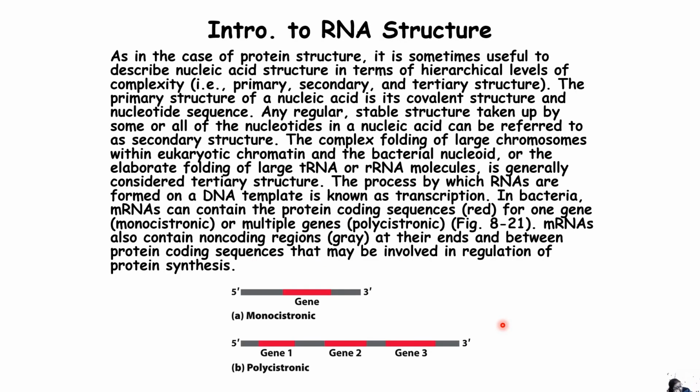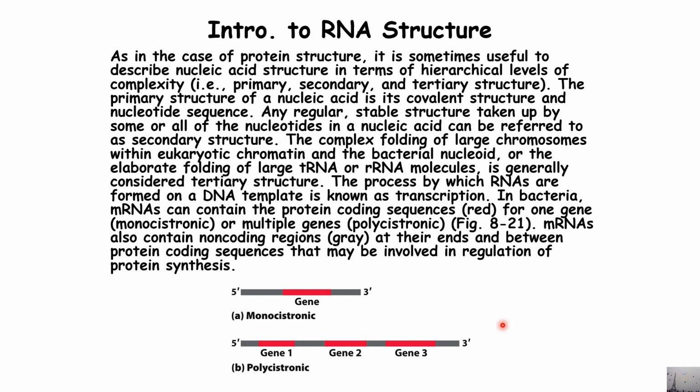If we talk a little bit about RNA structure, as in the case of protein structure, it is sometimes useful to describe nucleic acid structure in terms of hierarchy levels of complexity like primary, secondary, and tertiary structure. So the primary structure of a nucleic acid is its covalent structure and the nucleotide sequence. Any regular stable structure taken up by some or all of the nucleotides in a nucleic acid can be referred